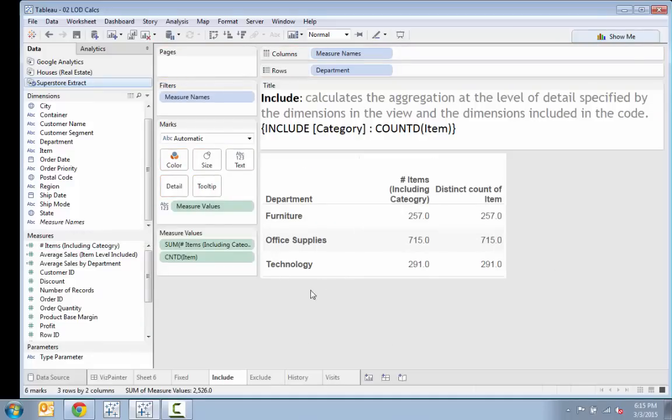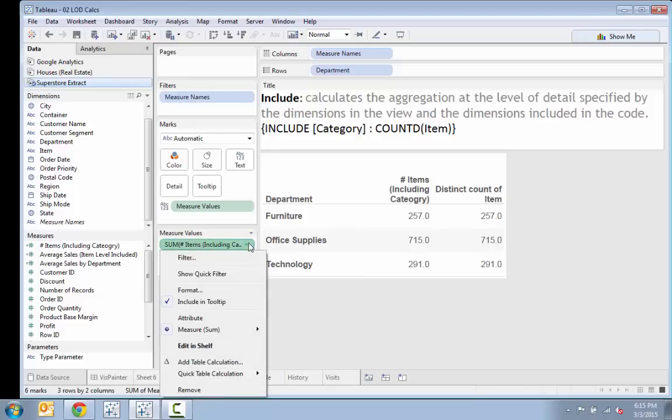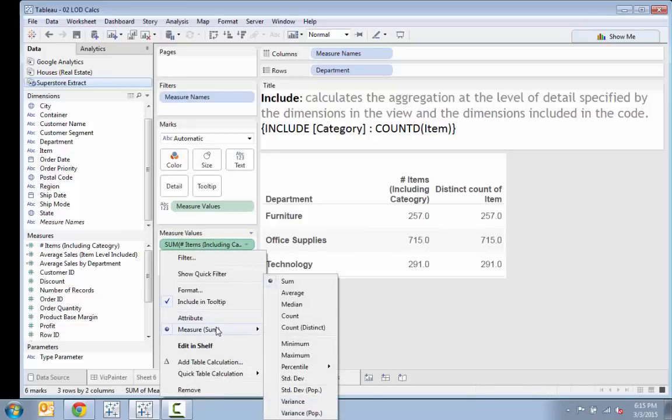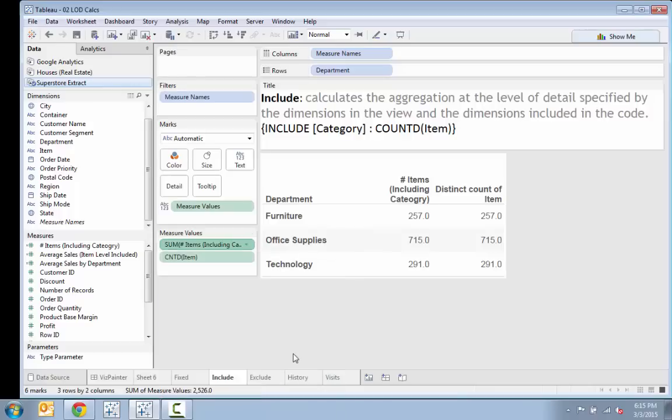and look what it's done. It's given me the number of items including category, and it's the same, but that's because I'm summing it up. But I can do all kinds of interesting things. I can change this from a sum to the maximum. And now I know that even though overall furniture has 257 items, the category with the most has 134. And so it gives me all sorts of ability to drill into even deeper levels of detail even within one